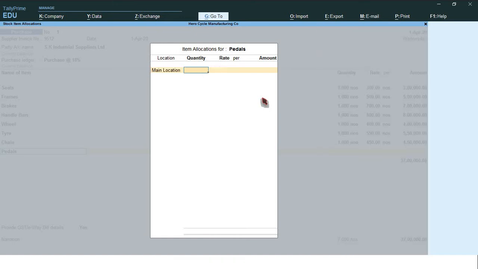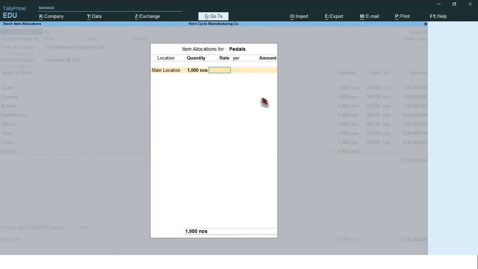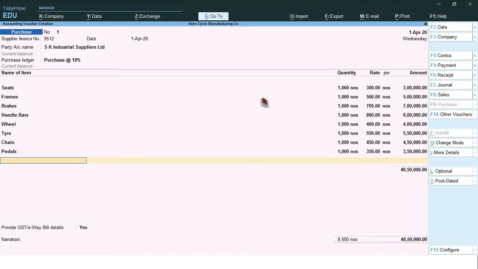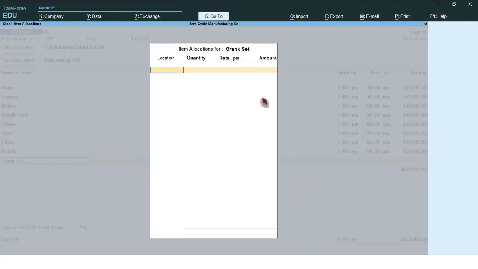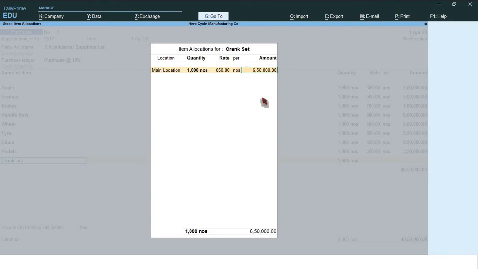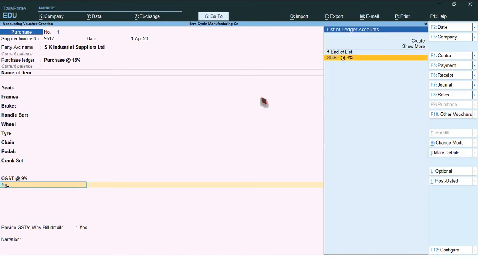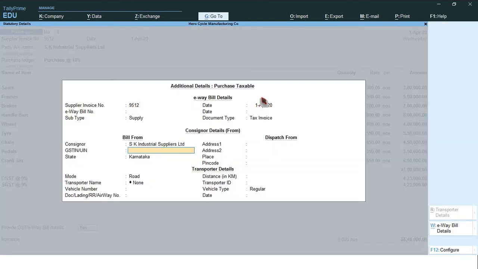Main location Godown, 1000 quantity, 350 per quantity. Crankset. Main location Godown, 1650. Okay. Press one more enter. Select CGST. Select yes GST. Accept. This is the e-way bill details. Okay.